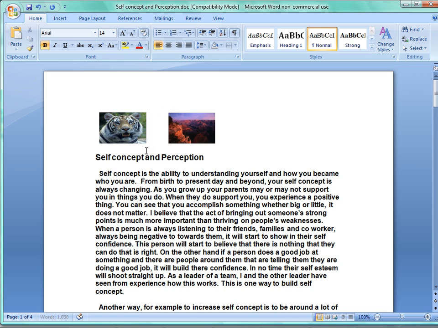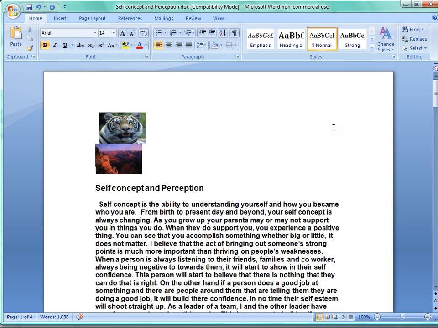Hit your space bar, space them out a little bit, and there you go. You can keep clicking enter if you want, or use space bar, and it can put the picture below pictures,